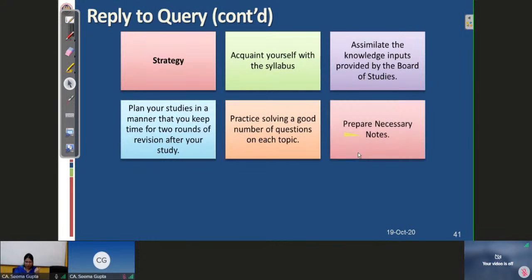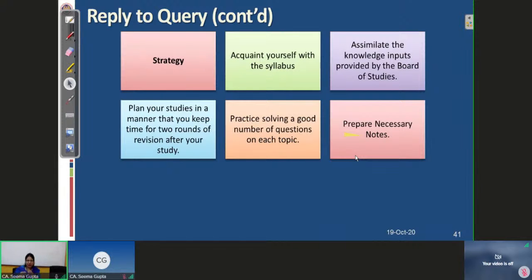So this is something which we have already discussed, but let's summarize it once again. First of all, each and every person has a specific strategy for achieving success in the examination. You have to plan, because without planning you will not be able to score well. The entire time may be wasted if you do not plan in advance. So you have to plan what your strategy is, how you will go about completion of the syllabus.